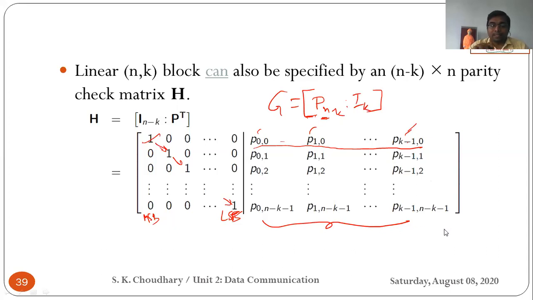So we have interchanged. Transpose means changing the rows and columns. Whatever is present in the rows is converted to columns. This is called the transpose of the matrix. In this way, H is defined. It is the transpose of the matrix G, and it is basically used for checking whether a code word is generated by matrix G or not. Just note it down. It is a very important part.